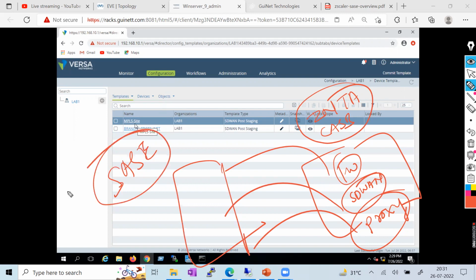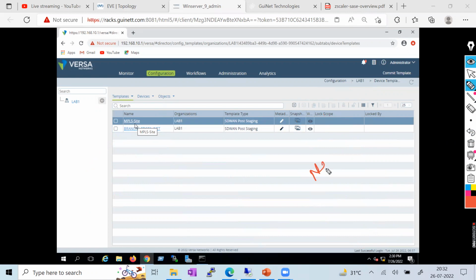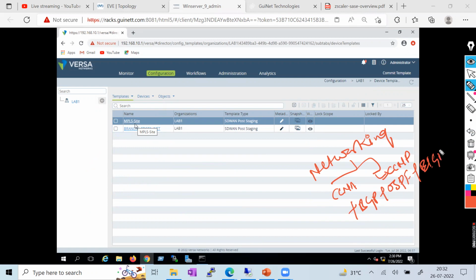If you have this idea, you can easily understand SASE. If you want to understand SASE, I would say it's not a product, it's not a single component. It's a combination of multiple components and multiple features, and you should have a complete understanding of basic networking. If you don't know what CCNA and CCNP are, plus you don't know what BGP, OSPF, EIGRP and a static route are, then probably you are never going to understand what SD-WAN is.